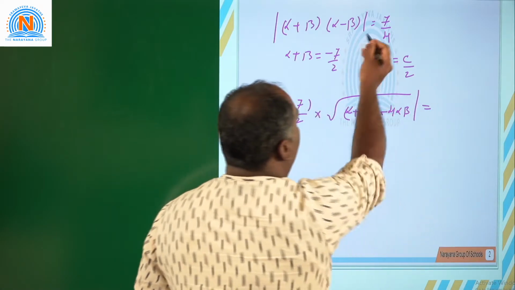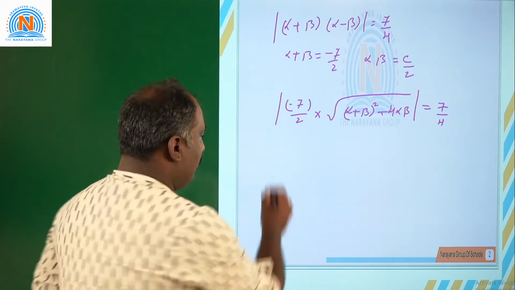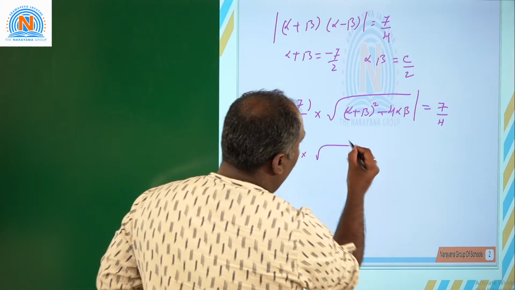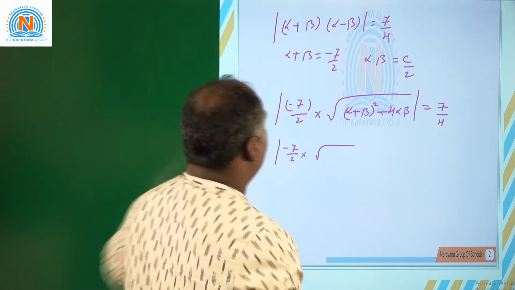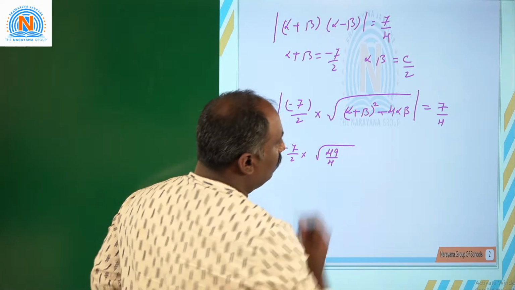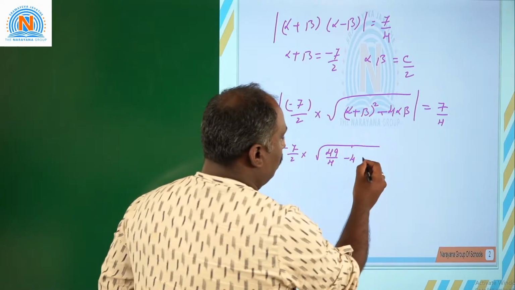This is what we require, 7 by 4. So, minus 7 by 2 into under root of, alpha plus beta is minus 7, that is 49 by 4, minus 4 into alpha beta, that is c by 2,